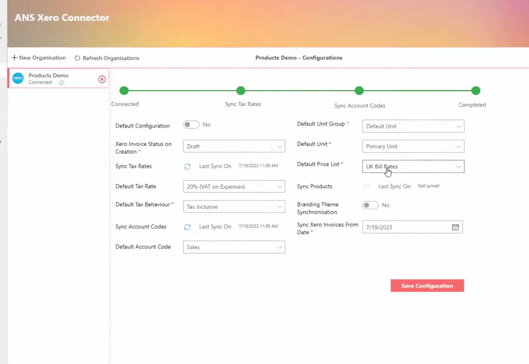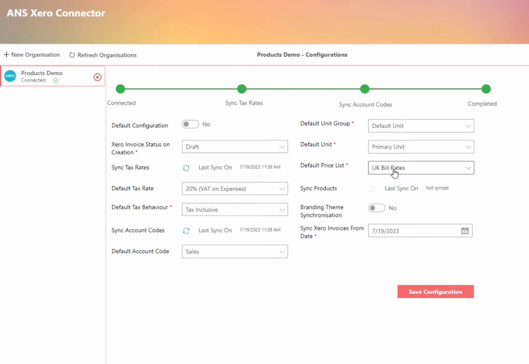At this point, we can pre-populate some default configuration items for this connection. It's worth noting here that we can establish multiple configurations to multiple different Xero organizations if we so wish. Once I've saved the configuration, I will now be able to start synchronizing orders and invoices from Dynamics 365 Sales